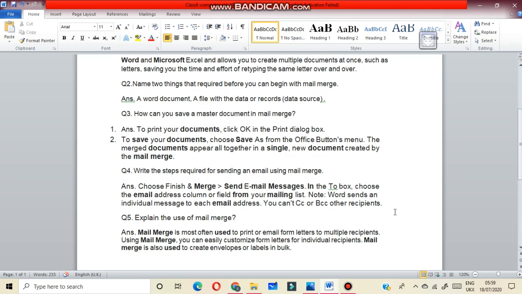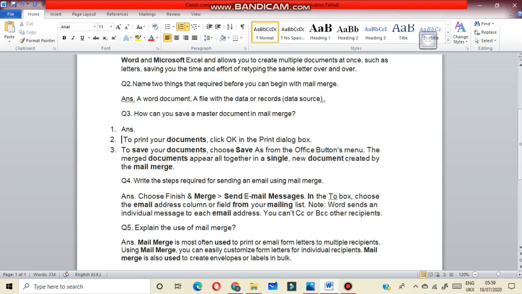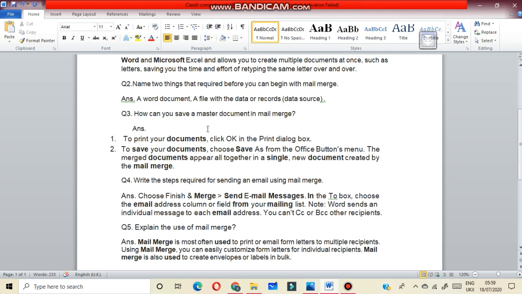Next question is, how can you save a master document in mail merge? Answer: to print your documents, click on the print option in the print dialog box to save your documents.